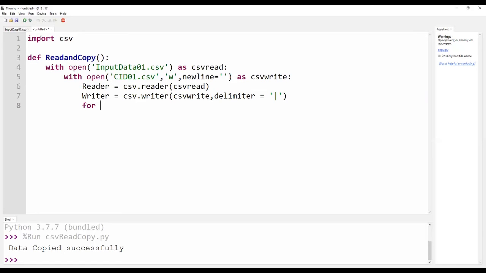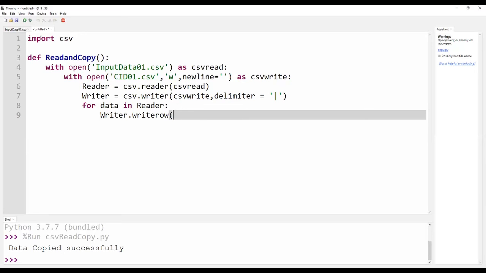How are you going to copy? Row by row. The data is present in reader. For data in reader, you are not going to print, instead you are going to write it. So I use writer.writerow. What are you going to write? The data.